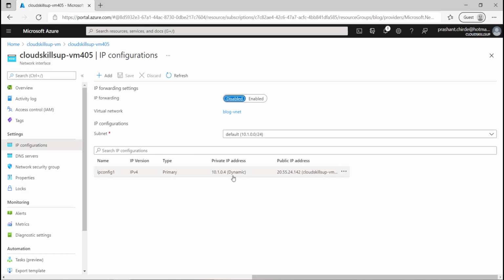And I can see that this IP address configuration is good for me, and I don't want to forward this IP to somewhere else, so IP forwarding is also disabled. So I'm okay with this particular option. But the thing is that I am not able to connect to the putty session, right? So what we have discussed, our third option is that we need to find out our network security configuration for this particular NIC card.